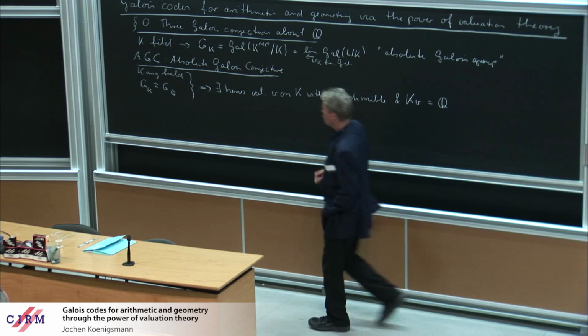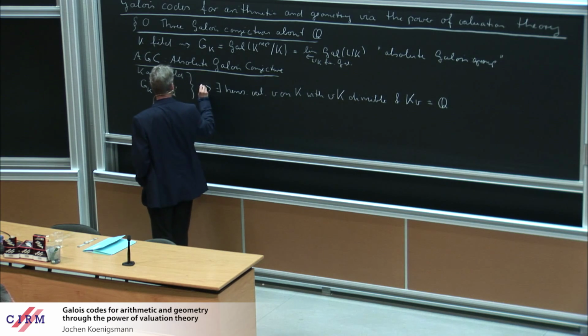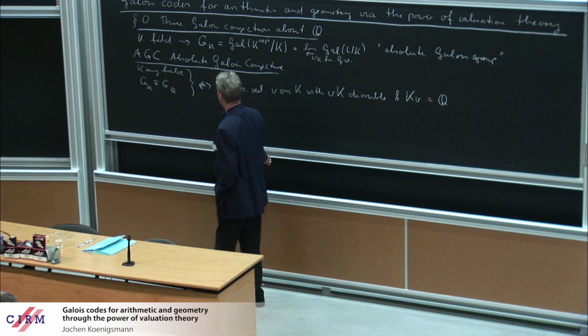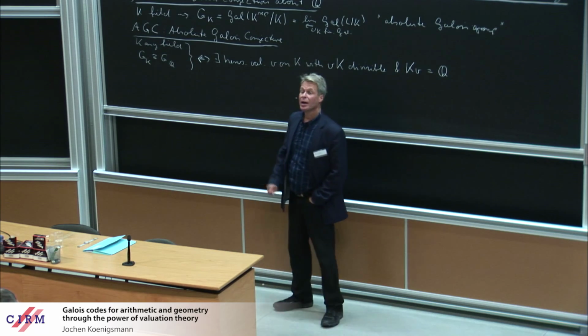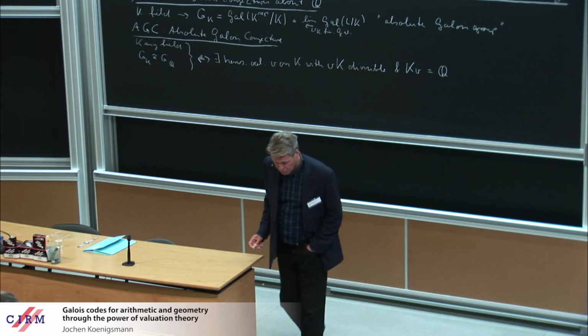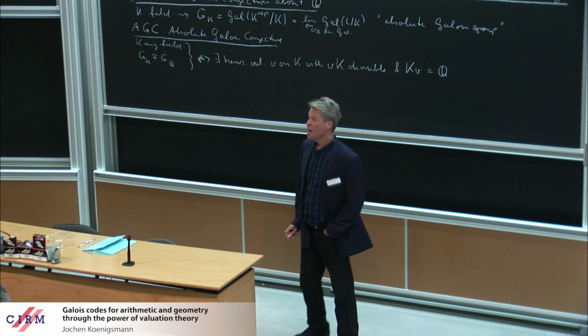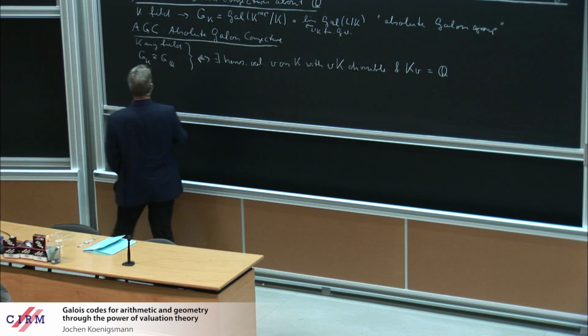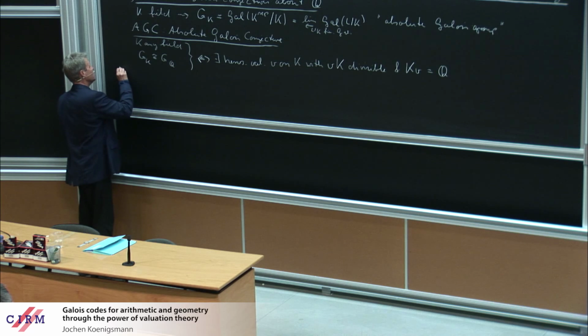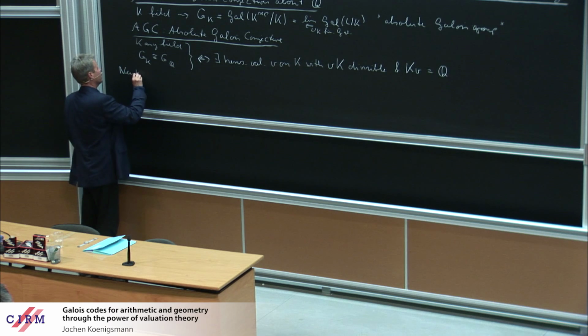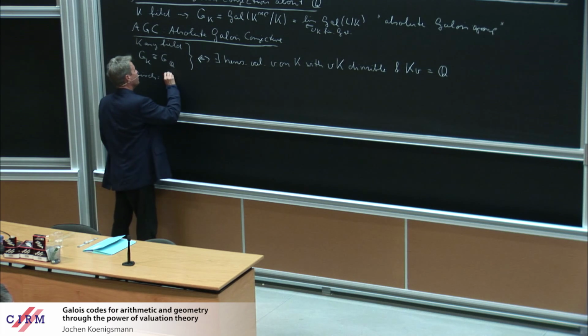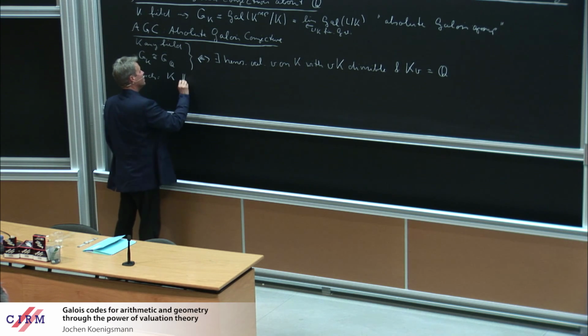Now, the converse is, of course, also true just by general valuation theory. So this is an equivalence. And what makes one conjecture such things? Well, there are earlier results. So, for example, Neukirch has shown that if K is a number field,